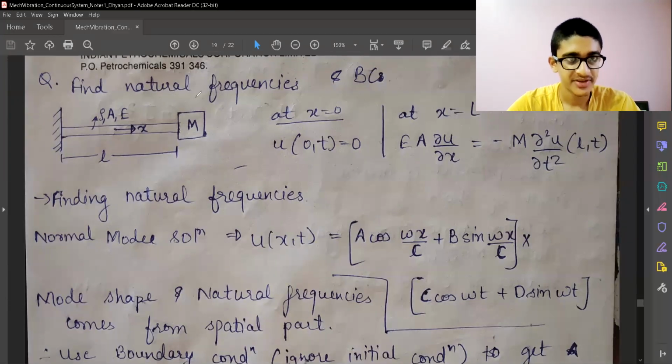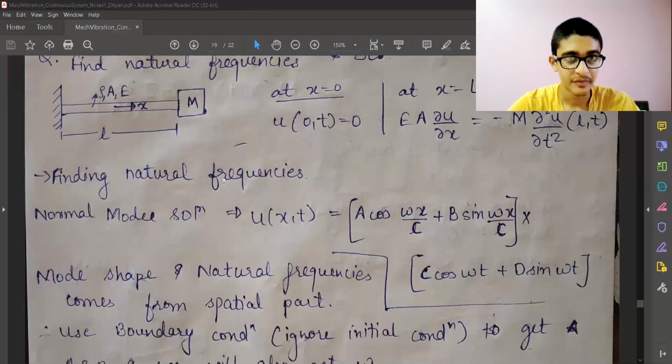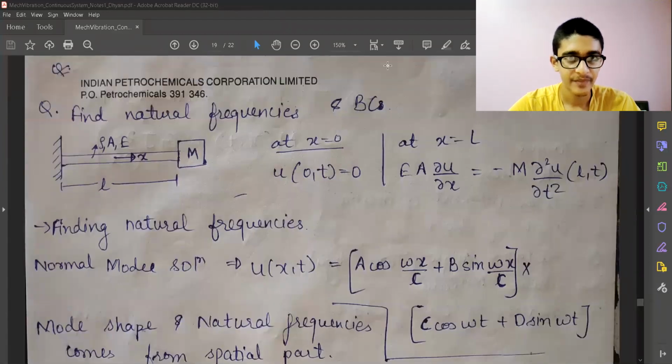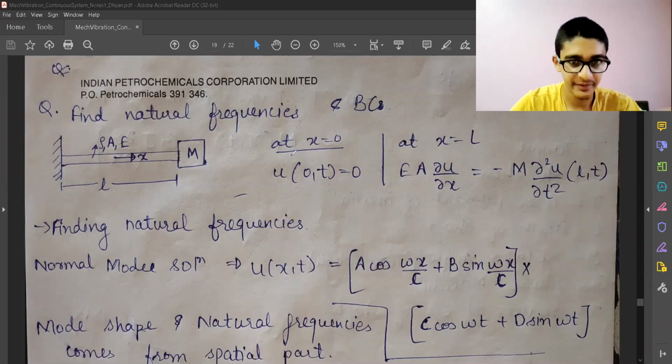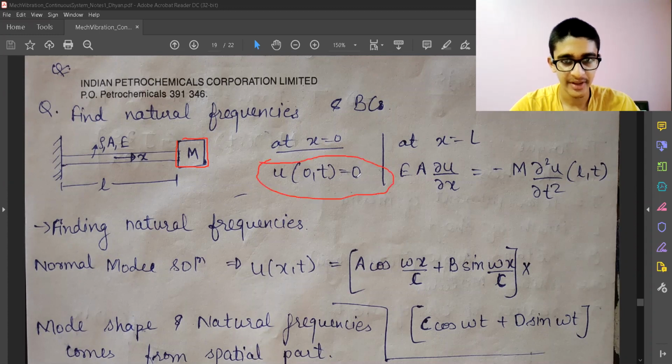So you must notice that we are stressing so much on the boundary conditions, because those are the practical problems which one will face when given any system, and one needs to figure out what boundary conditions will be applicable. So let's say we have a mass m attached to the rod in the x direction. So at x equal to 0, I have u of 0 comma t is 0. This is the boundary condition. And at x equal to L, the internal force from the rod in the x direction is equal to the inertia.